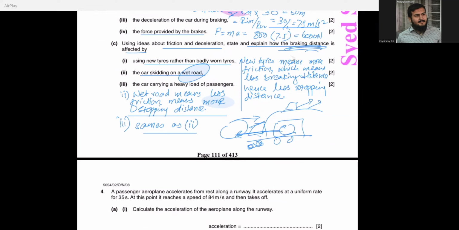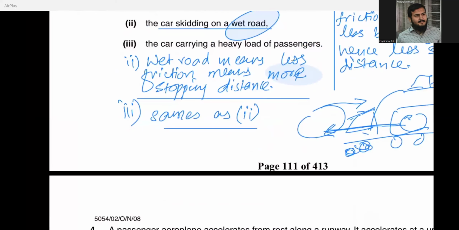ठीक है, तो इसके लिए लिखो अब यहाँ पर वेट रोड का था, वेट रोड का मतलब लेस फ्रिक्शन। अच्छा, अब यहाँ पर एक चीज लिख लो, इसकी फ्रिक्शन तो ज्यादा होगी पर जो इनर्शिया का इफेक्ट है वो फ्रिक्शन से भी ज्यादा होगा। फ्रिक्शन तो रोकेगा इसको, फ्रिक्शन क्या करेगा बेटा, बहुत माइन्यूट सा पॉइंट समझाने जा रहा हूँ यहाँ पर, ठीक है? ये पॉइंट बल्कि मैं लिखवा देता हूँ, लिखो तुम लोग।